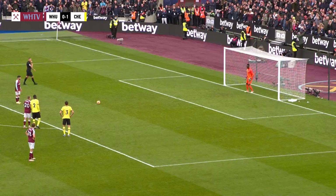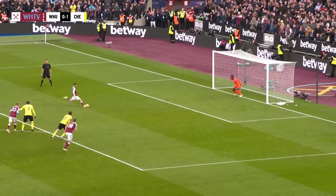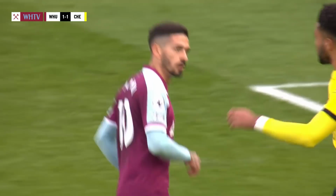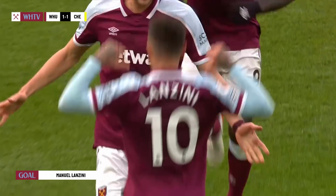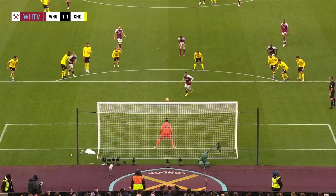What can Manuel Lanzini do against Mendy, who gave away the penalty? Here comes Lanzini with the right foot, he scores! London Stadium erupts! Mendy goes the wrong way, and Lanzini equalises with just over 5 minutes of this first half to go. They got themselves into an almighty mess at the back, the Blues, and between them, Jarrod Bowen